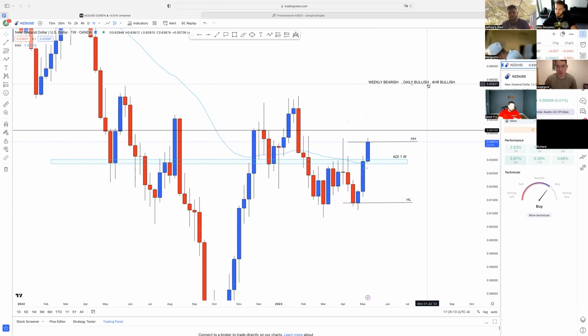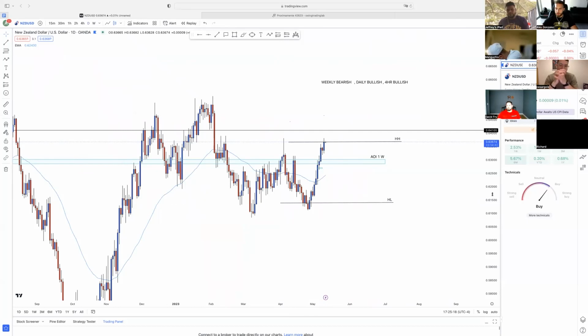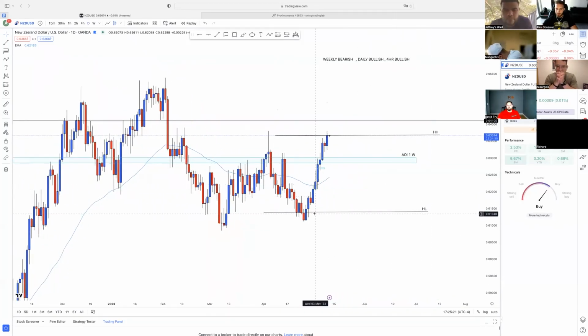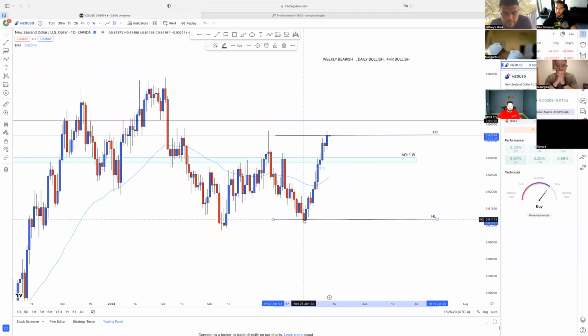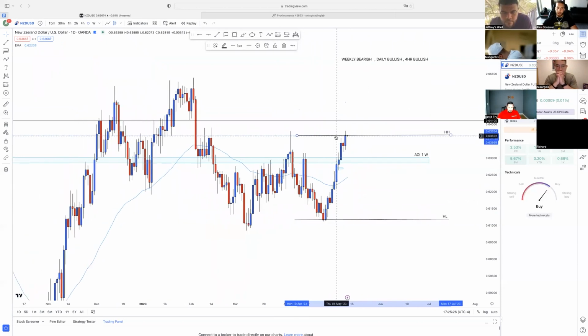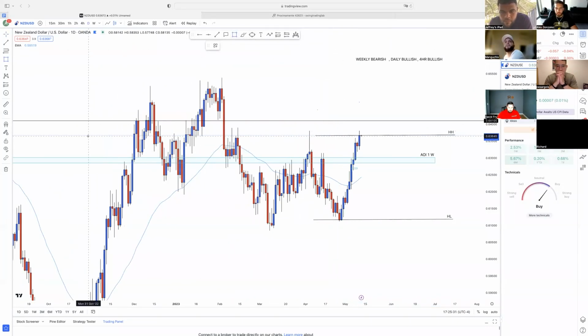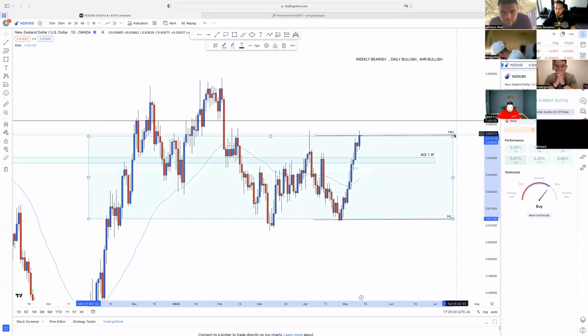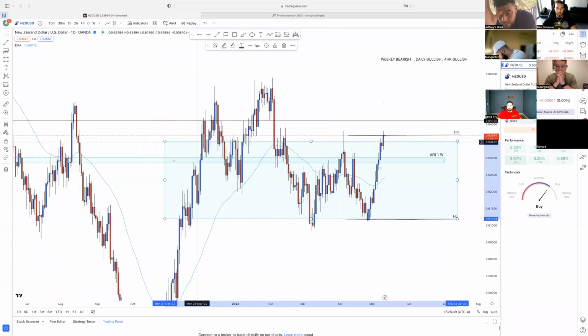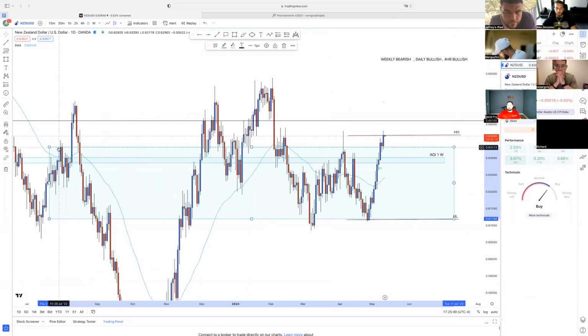Okay. Simple, right? So for this example, that is the area of interest on the weekly. If you notice right here, we can mark this off as the higher low on the daily and this as the higher high on the daily. You guys understand that? Simple. So we get our zone, do the same thing, and look for an area of interest. We start coming down, coming down, coming down. Let's go back a bit more. As of right now, 1, 2, not really, nothing. We keep coming down. We got 1 point,